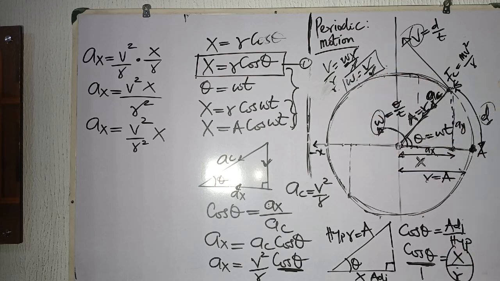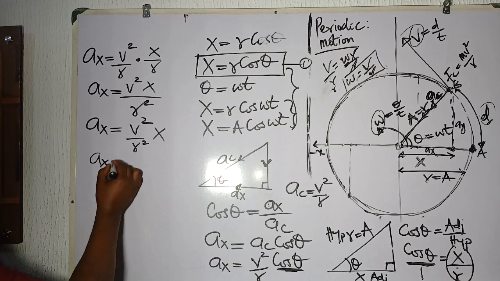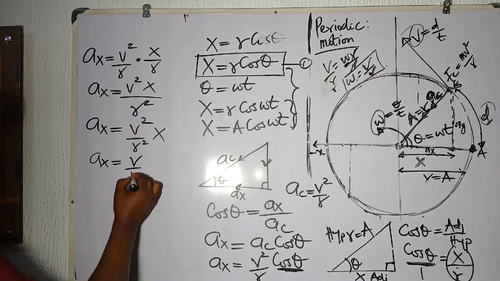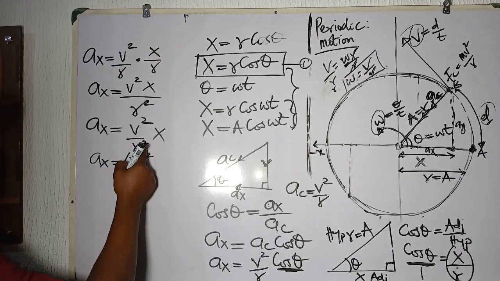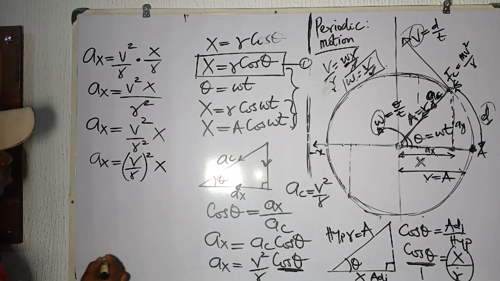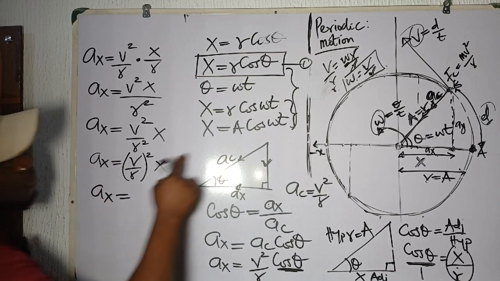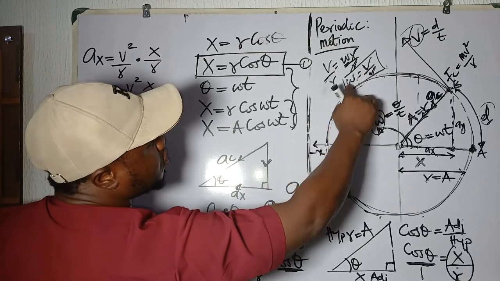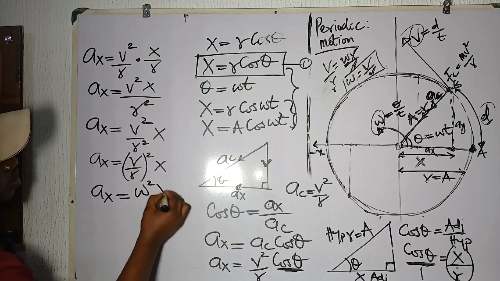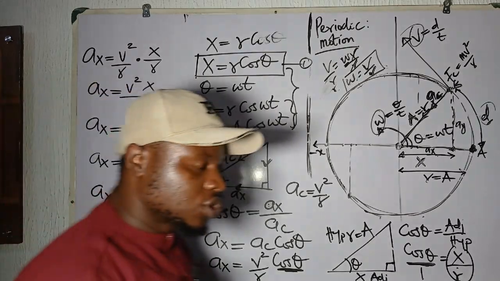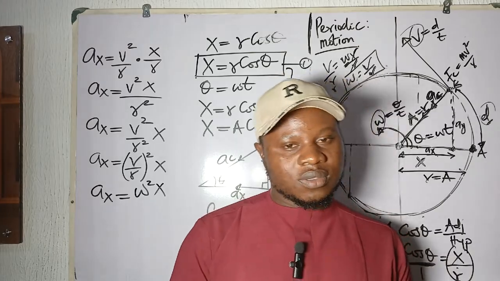That is what this formula is all about. Now, because of that, what am I seeing here? AX is equal to, look at V over R. This is V and R all square because both of them have squares, multiplied by S. So I will be able to put that W. What is W? V over R. So this V over R here stands for W. There is a square here. We have X. Now, from this definition, the acceleration is directly proportional to displacement,